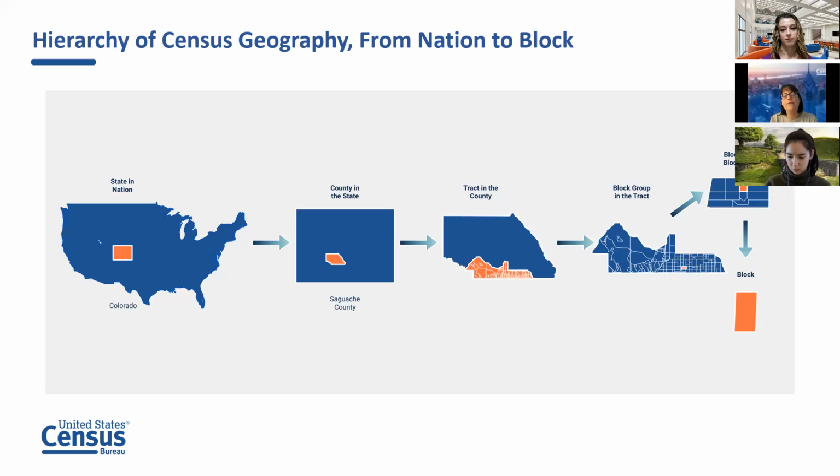So just be aware, if you're looking for a data item and you're pulling a table, there might be a symbol in the cell where the data would be. And then if you scroll down, there'll be an appendix that'll tell you what that symbol is and what it means, okay? So once again, we can go from the nation to a state, to the county, to a census tract, a block group, a block. You can get some data down at the block group level from the decennial census, but